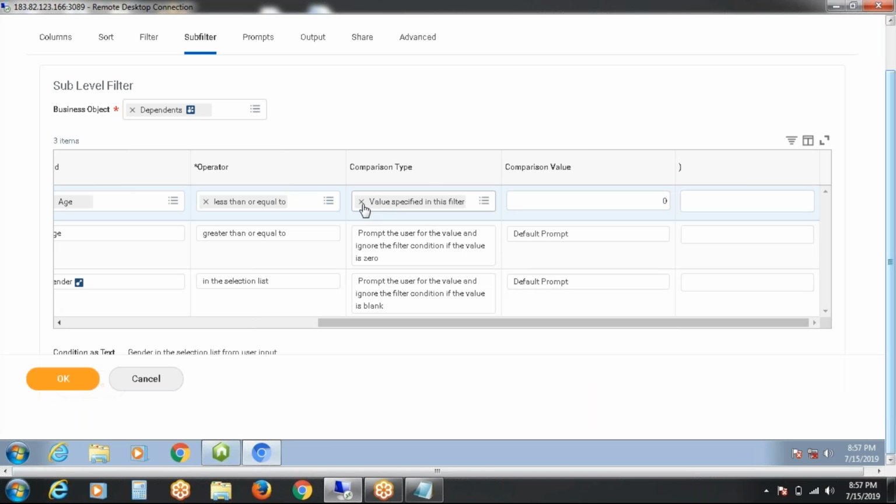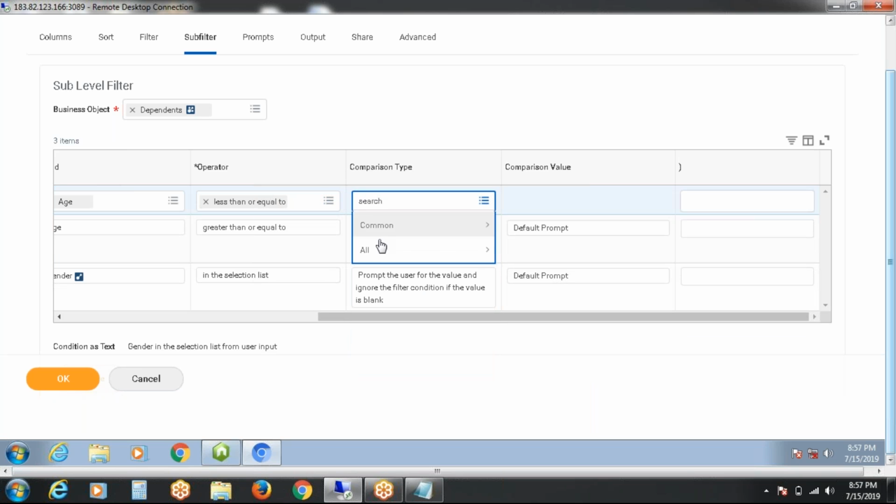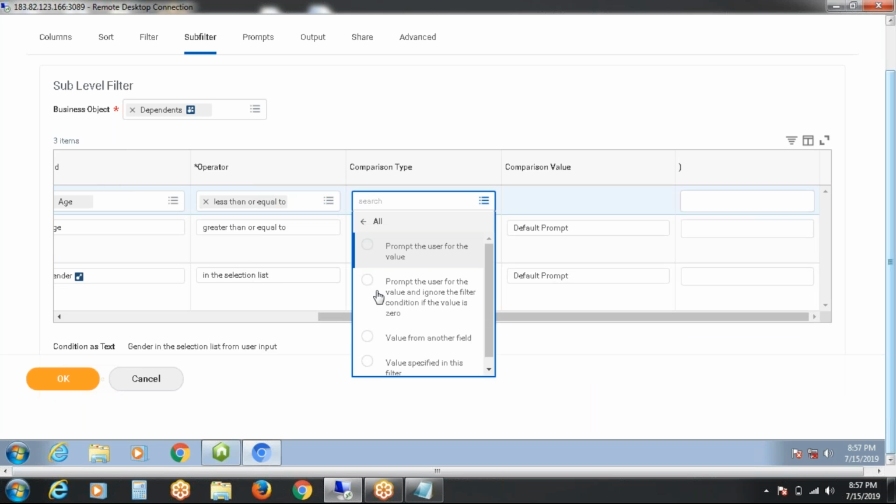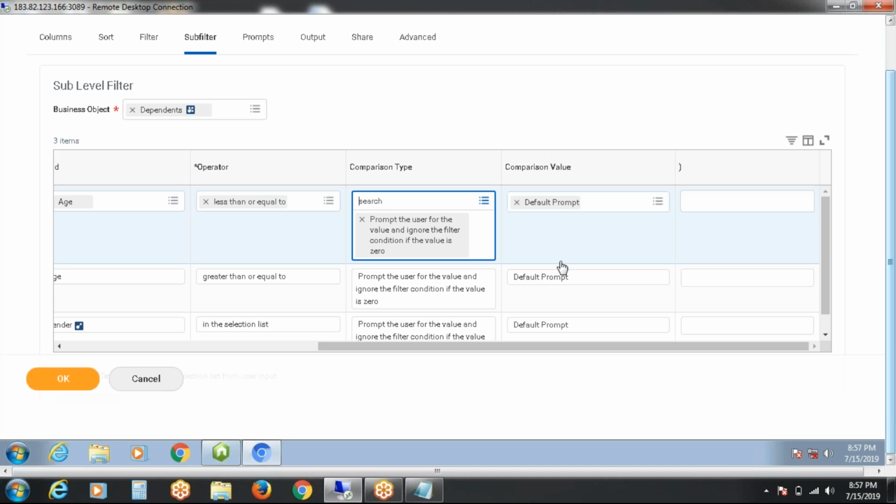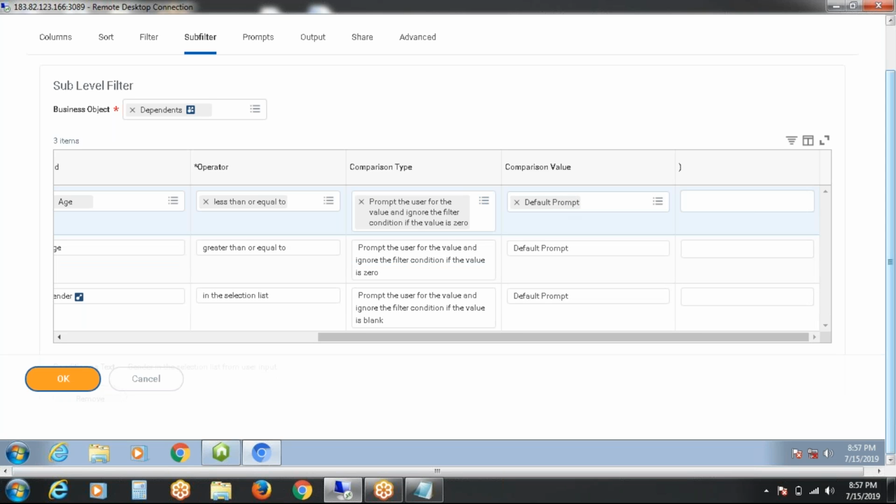So here also I am selecting default prompt only. Default prompt is nothing but you don't need to provide any value here. While running the report you can provide the value over there.